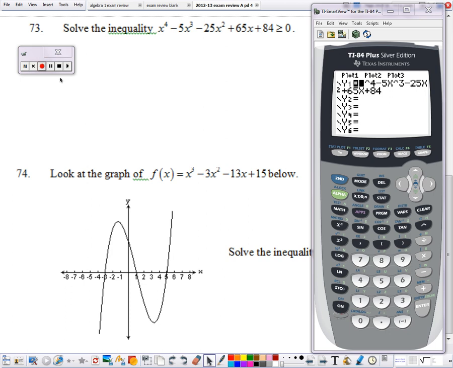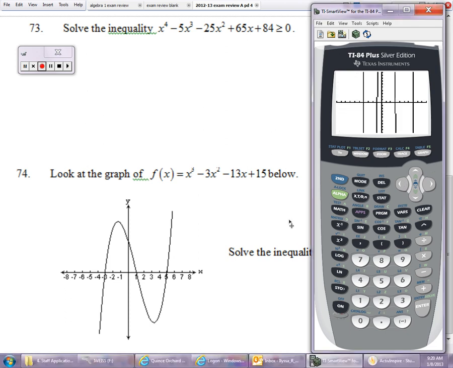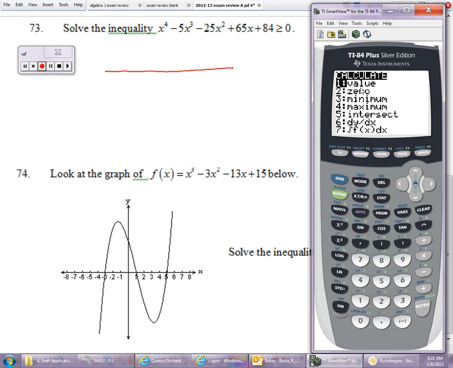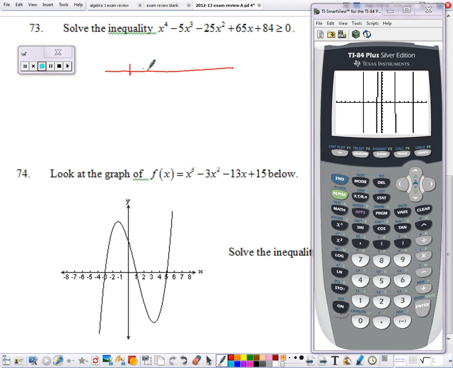So to start 73, I first am going to plug this polynomial into my calculator and find the zeros that way. It is much easier than trying my rational zeros theorem. So I hit graph, and if you're not sure where these zeros cross, you could always do second, calculate, 0. So we have zeros at -1, -4,